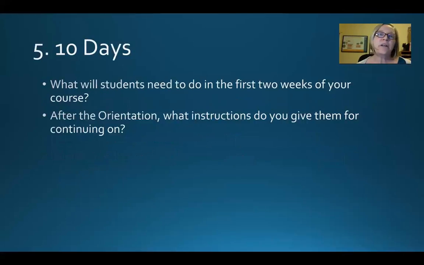Okay, last part of that 10-10-10 challenge. We looked at the first 10 minutes of the course, the first 10 hours of the course, and then we really want you to think about the first 10 days of the course. So what will your students need to do in the first 2 weeks of your course? So as they're shifting from the orientation unit to a content unit, are you giving them instructions to let them know what they're going to do in the content unit? And have you given them enough